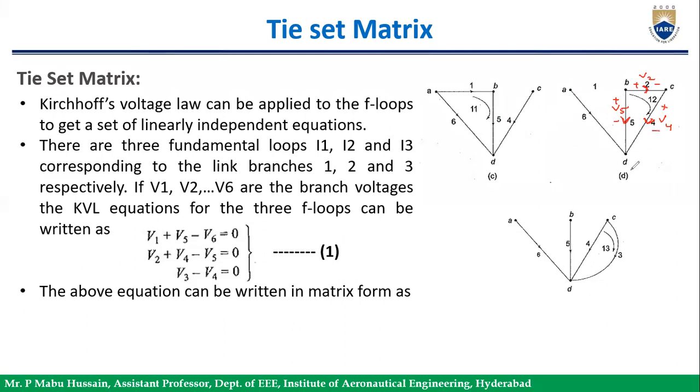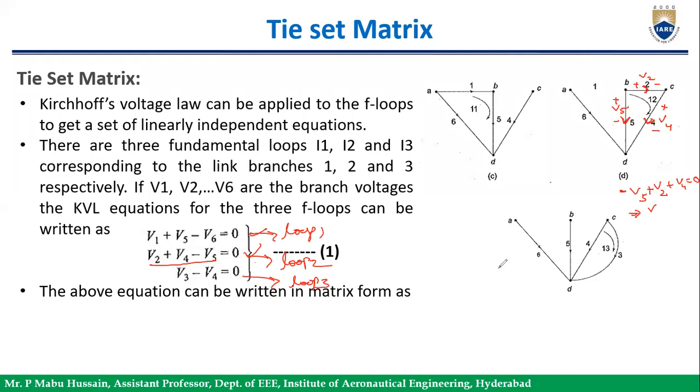So minus to plus, they are taking it as minus. So minus V5, plus, so plus to minus V2, you have to consider plus V2, plus to minus again plus V4 is equal to 0. So that means you can write this as V2 plus V4 minus V5 is equal to 0. Okay, so this equation is for loop 1, and this equation is for loop 2, and this is the equation for